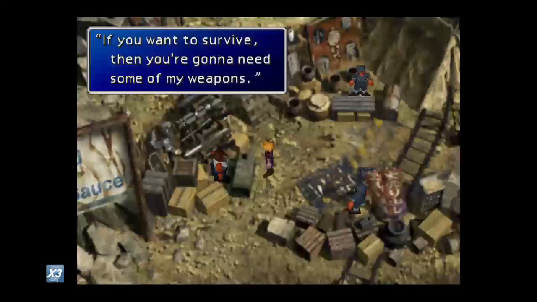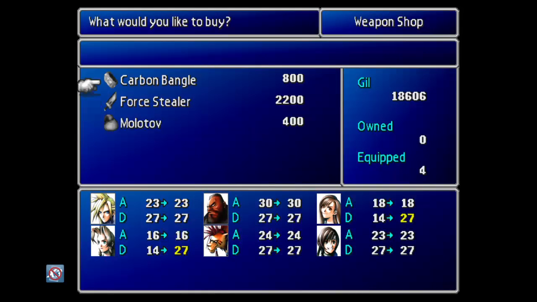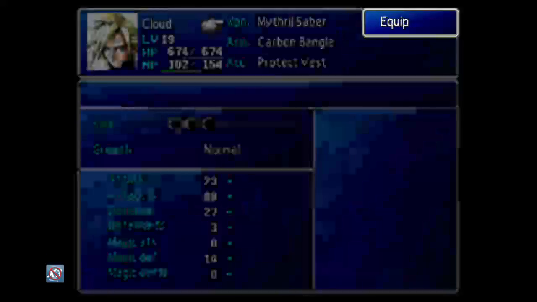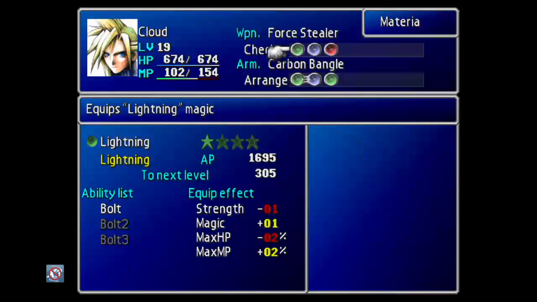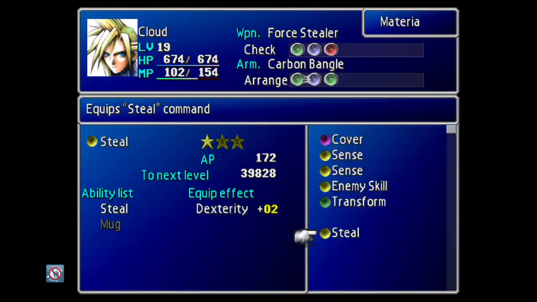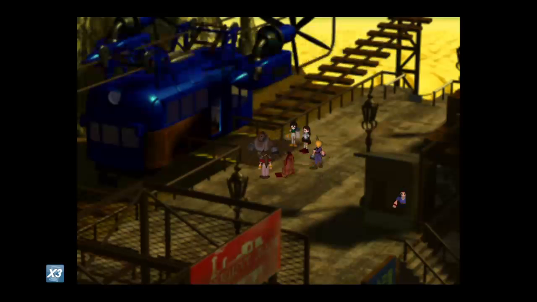Let's have a look at the weapon shop. I've already got the Force Stealer, actually. I don't know why I haven't equipped it yet. Alright, I need to swap that with that. I'm going to keep the Aeris on anyway. Okay, there we go. Now, I have got enough to get one of the things, but...